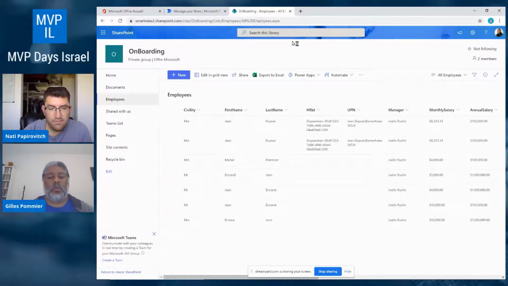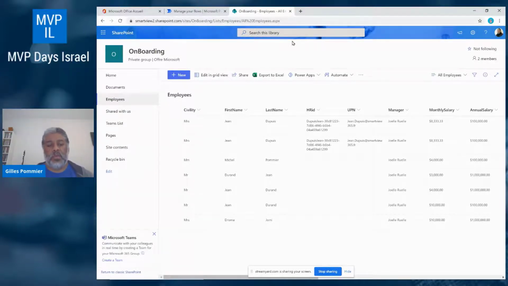Okay, so in the second part, what I want to show you today is on this onboarding process. So thanks, Kevin, for the first part. And the second part on the process is the contract generation. When you do an onboarding process for new employees, one of the goals is to create a new contract for the employees, and it's something very easy to do with Office 365. For that, you need on one side SharePoint, and on the other side Power Automate to create the contract. So just to show you the results, and after that I will explain how it works.